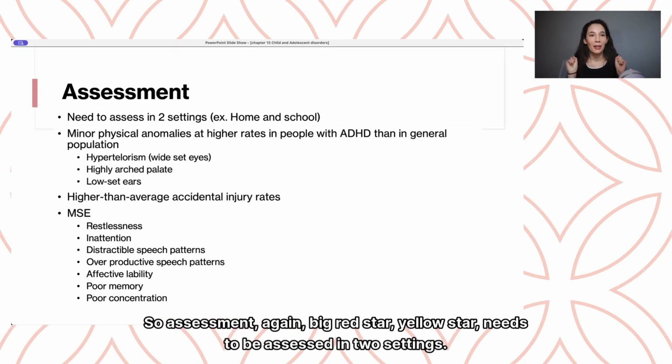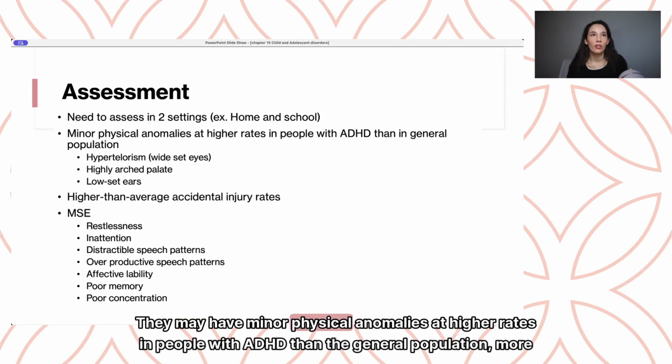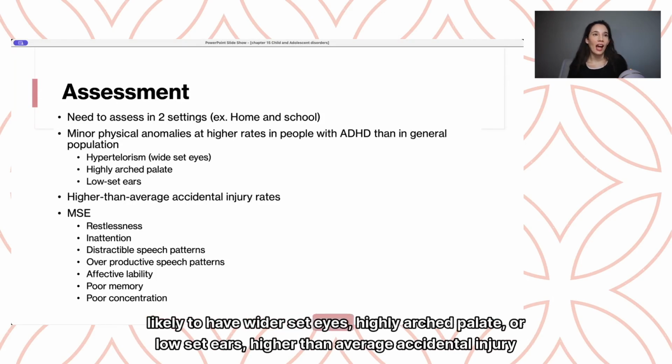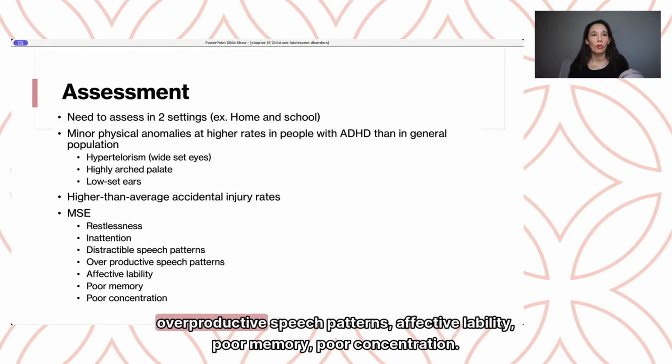So assessment, again, big red star, yellow star, needs to be assessed in 2 settings. So again, home and school. They may have minor physical anomalies at higher rates in people with ADHD than the general population. So more likely to have wider set eyes, highly arched palate, or low set ears, higher than average accidental injury rates. And on a mental status assessment, we'll see restlessness, inattention, distractibility, overproductive speech patterns, affective lability, poor memory, poor